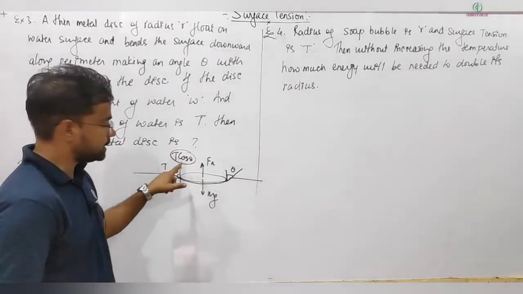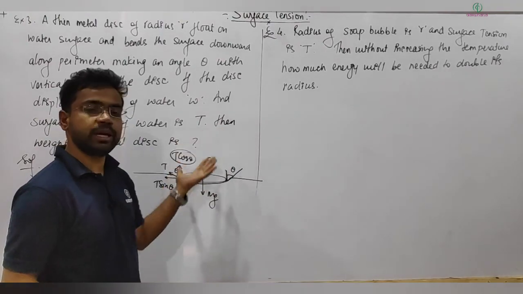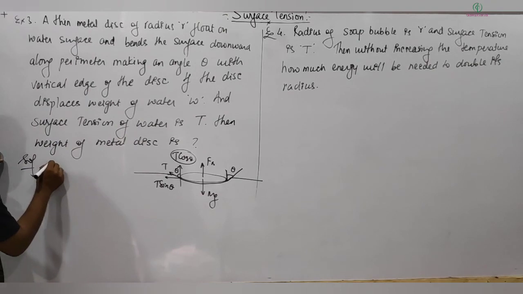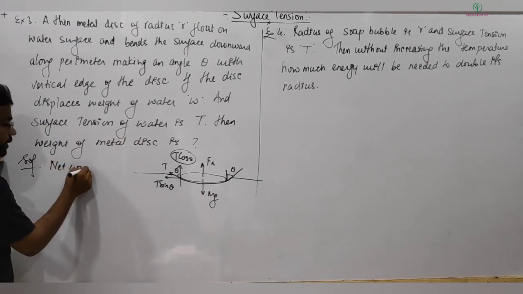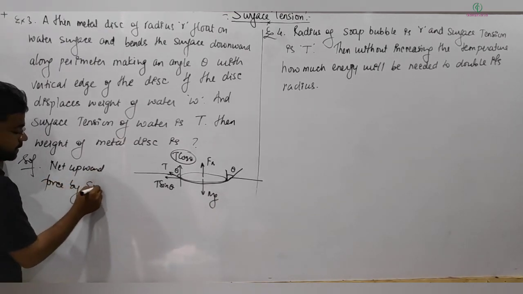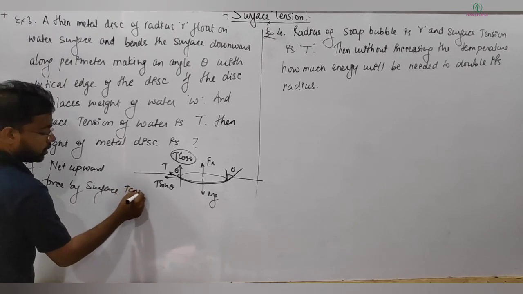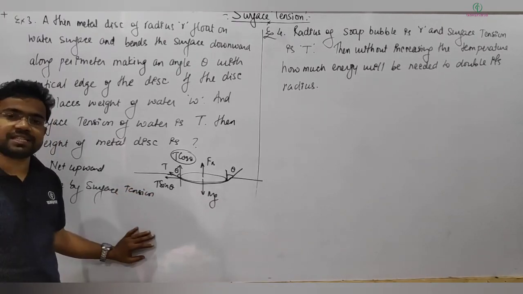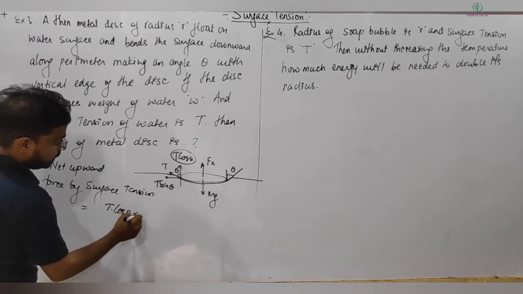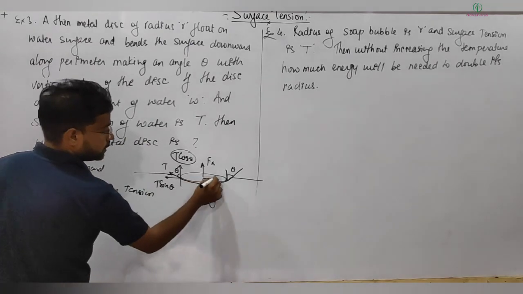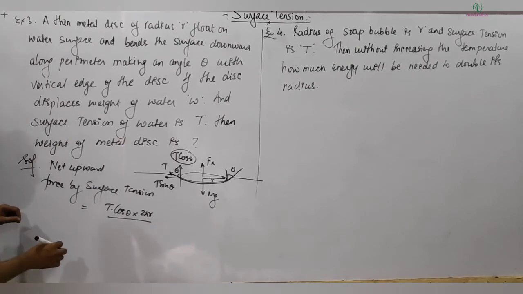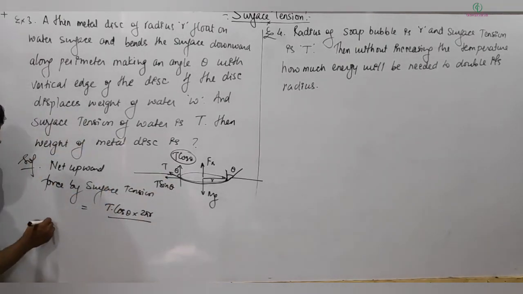You must be understanding that this T cos theta will be helping in balancing its weight. So the net upward force by surface tension will be equal to surface tension multiplied by total length. So that is equal to T cos theta multiplied by 2 pi r, as its radius is given as r. This is the upward force, and here I can now write by equilibrium